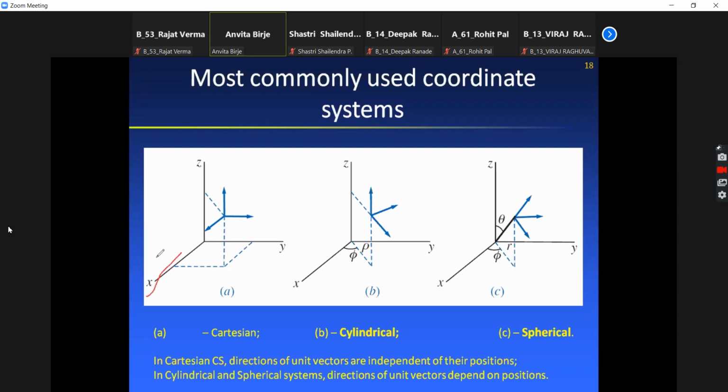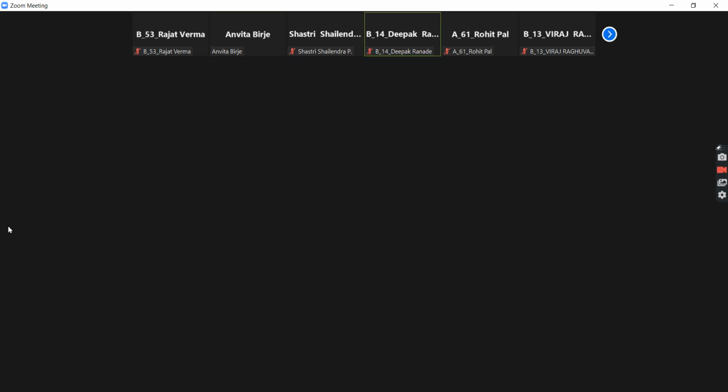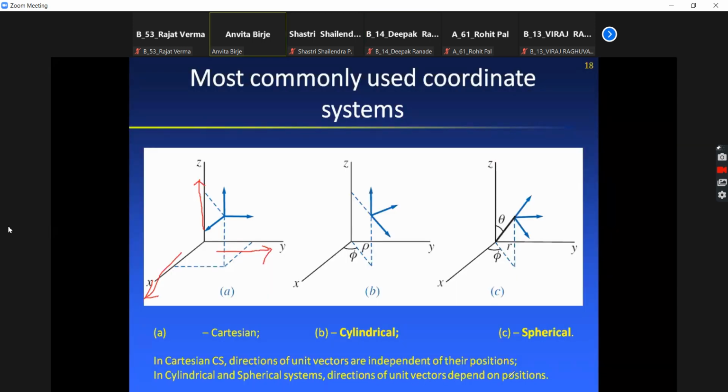It will always be along the positive x direction. a bar y will always be along positive y, and a bar z will always be along positive z. And in cylindrical and spherical systems, the directions of the unit vectors depend on position, because here an angle comes,